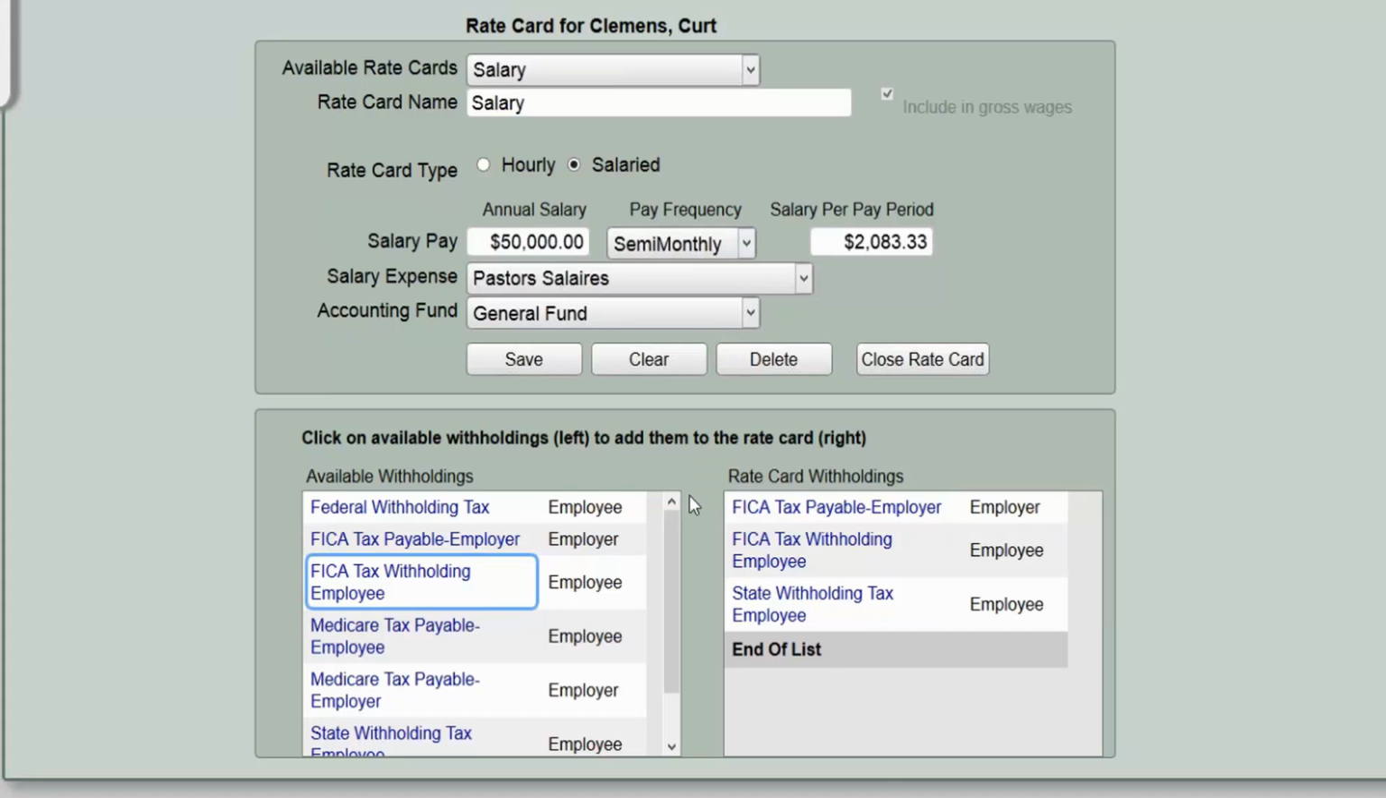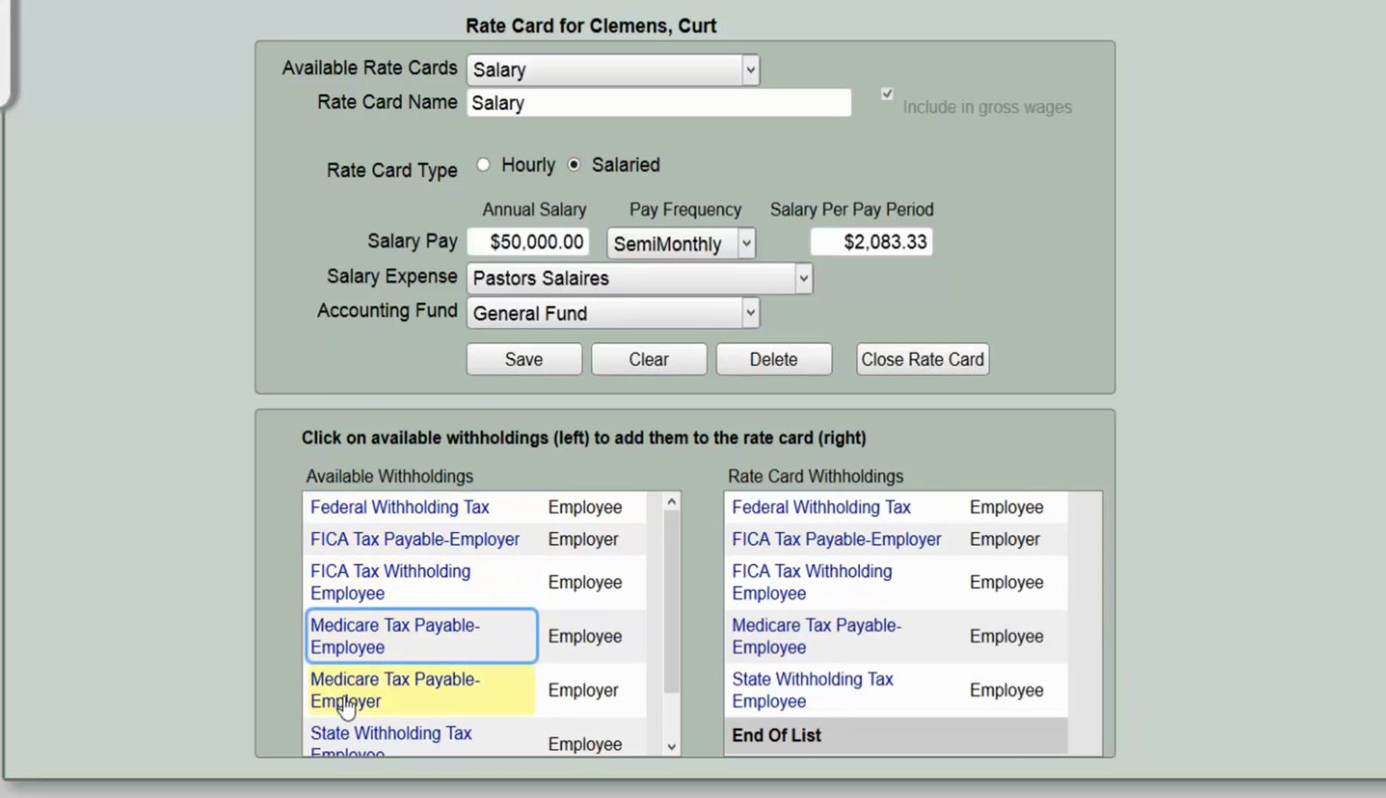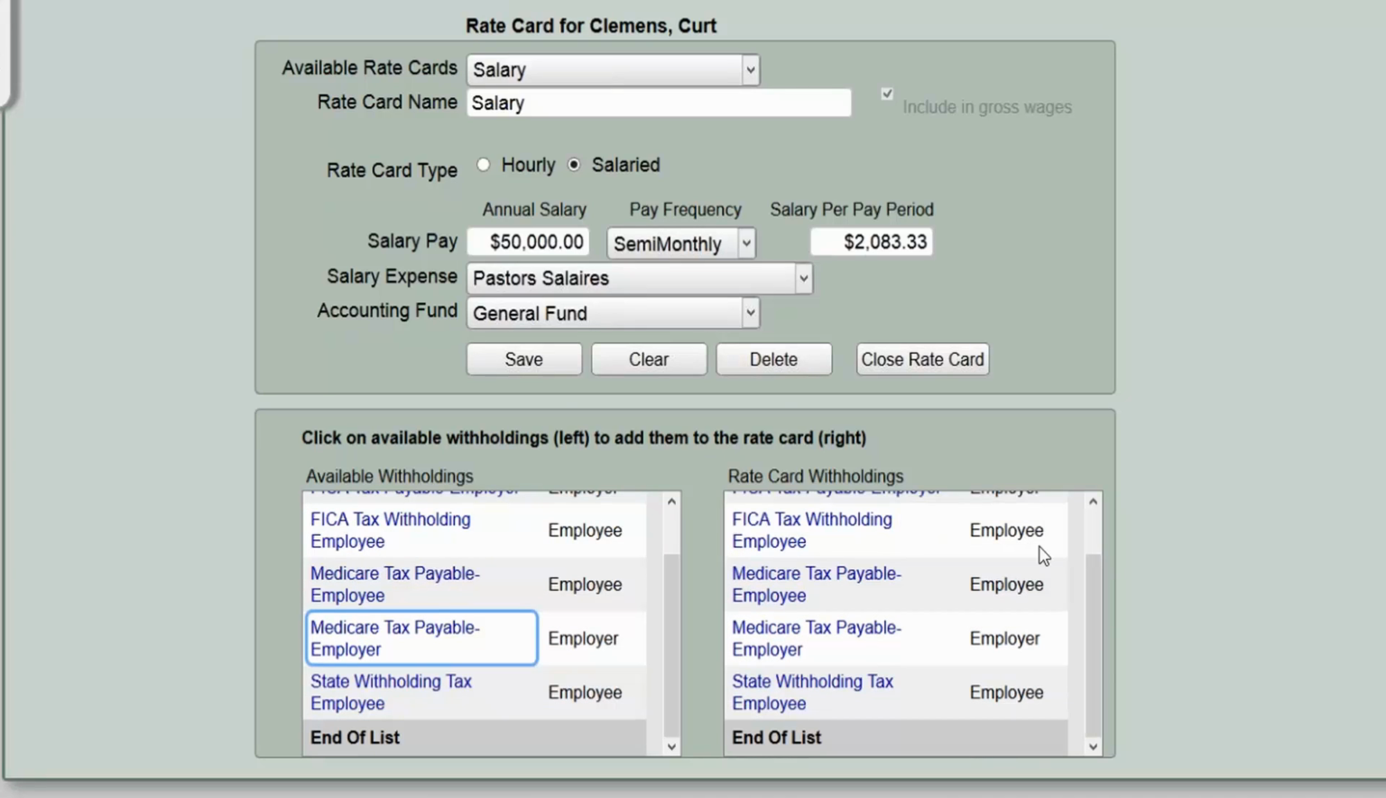So now let's go ahead. I'm going to add them back in so you guys can actually see this in a batch. And I'm going to click Save here. Now I'm also going to make another rate card